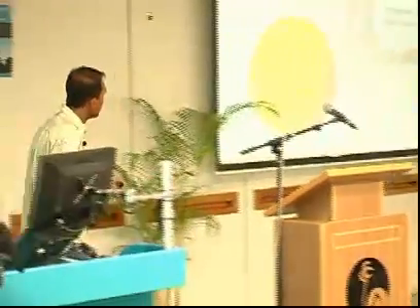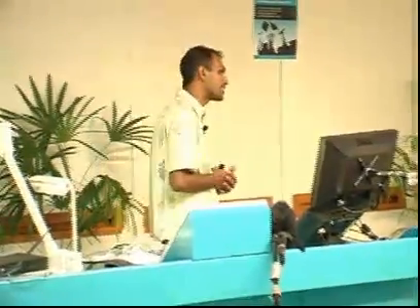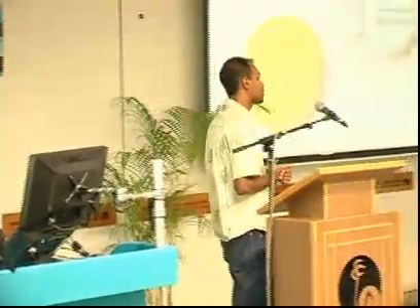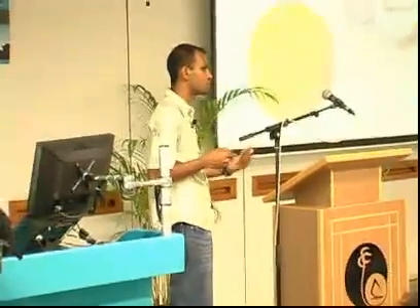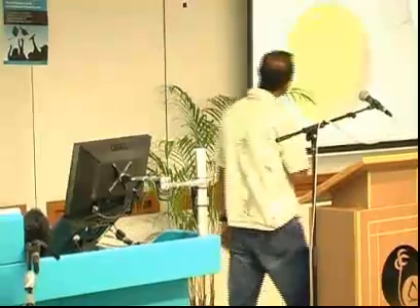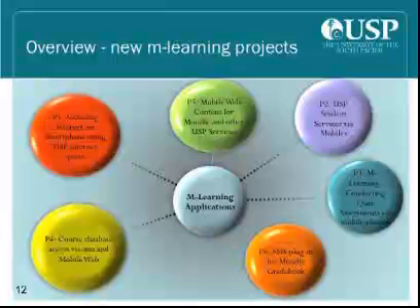And this technology that we will be touching on is the SMS application of phones. Together with that, we will also show you some projects that target smartphones as well. And there's a demo that we will show you as to how things work on smartphones as far as teaching and learning is concerned. Hence, the entire scope of the M-Learning applications, there are actually 6 projects that we